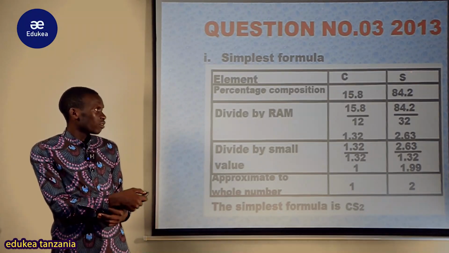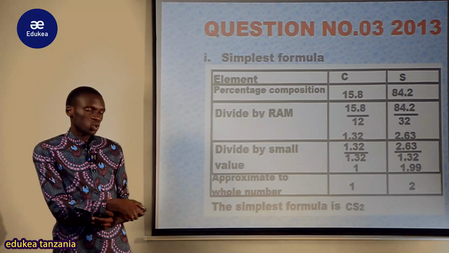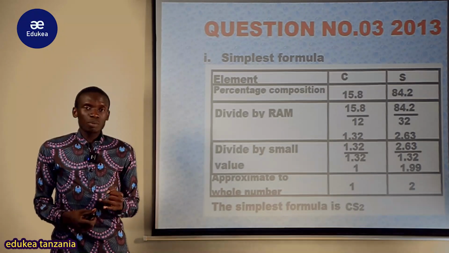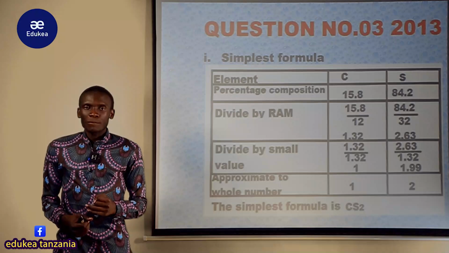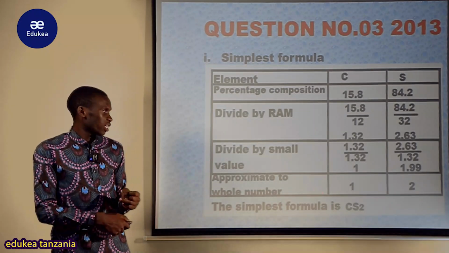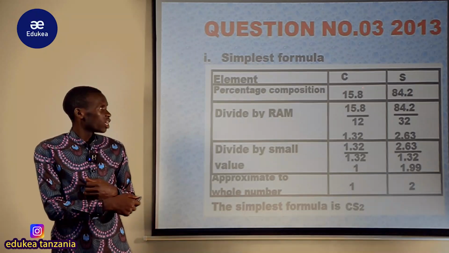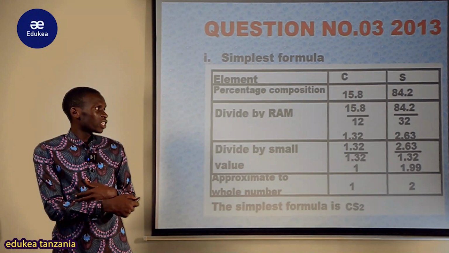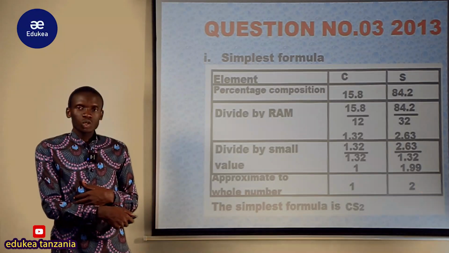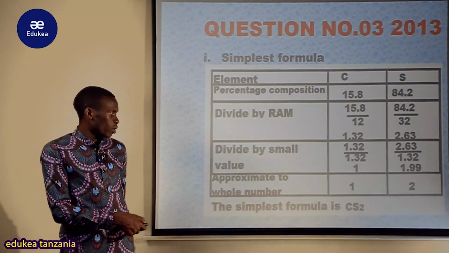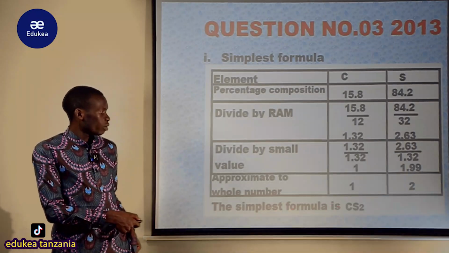For carbon is 1, for sulfur is 2. It is 1:2. After then, the last step, you have to assign the value obtained here for each element. So carbon is 1 and sulfur is 2. It means that it is C1S2. Here the empirical formula, or the simplest formula, will be equal to